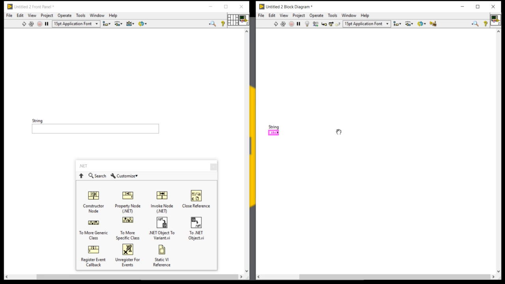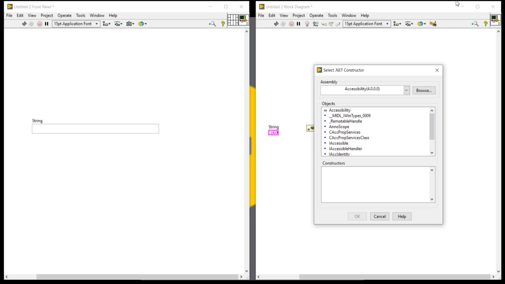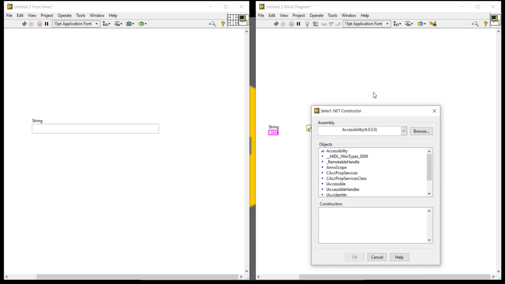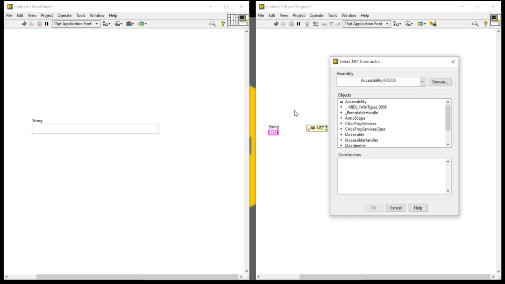It will take a few seconds. After that, you will get a dialog box. Now, I think the select .NET constructor dialog box has appeared.